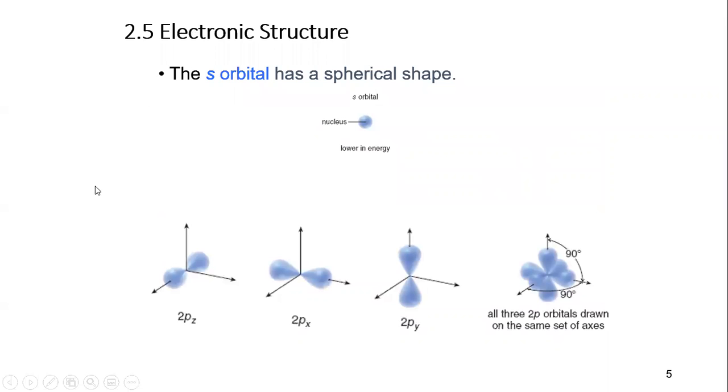So this is just showing you, for example, the different shapes of the orbitals. Most commonly we show you what the s orbital looks like and the p orbitals. The s orbital is just a spherically shaped orbital with the nucleus in the center. If you think of a ball, that's what the s orbital looks like. And if you were to stick your hand in this ball, you have a high probability of grabbing an